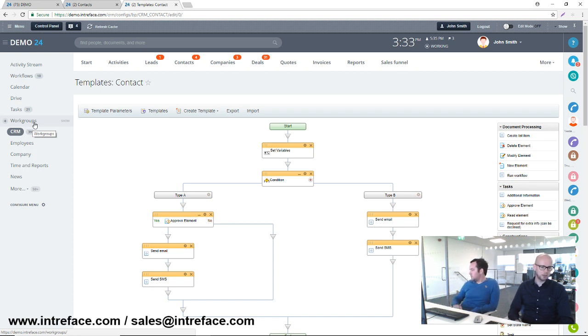So a question here: if we do a self-hosted plan hosted with you, can email accounts be created and hosted through our self-hosted Bitrix? So if you have a self-hosted plan with us,